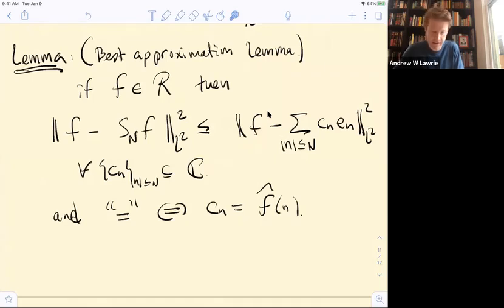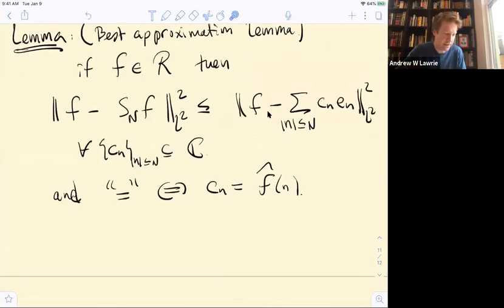It turns out that the best way, if I want to up the degree of approximation or the degree of the polynomial, is to just add the next Fourier coefficient as the coefficient of the polynomial of one higher degree. So this is a big deal, right? It also signals that the natural setting for Fourier series is L2. This L2 inner product space is very natural. In fact, this is somehow optimal if we're thinking about approximating f by trig polynomials.